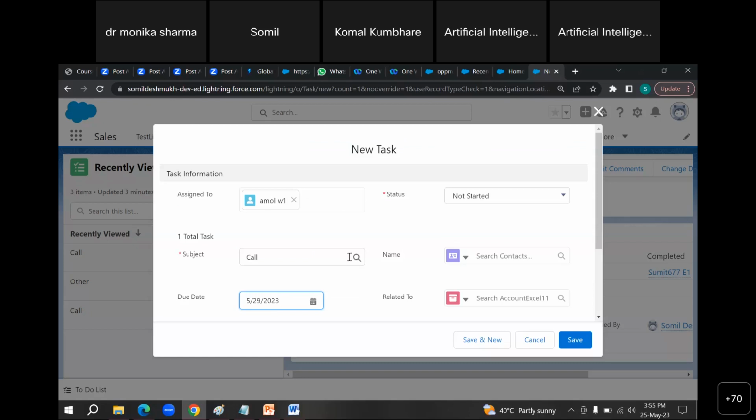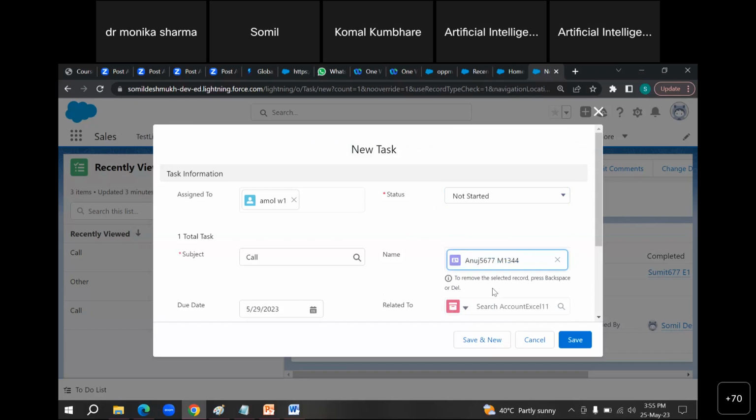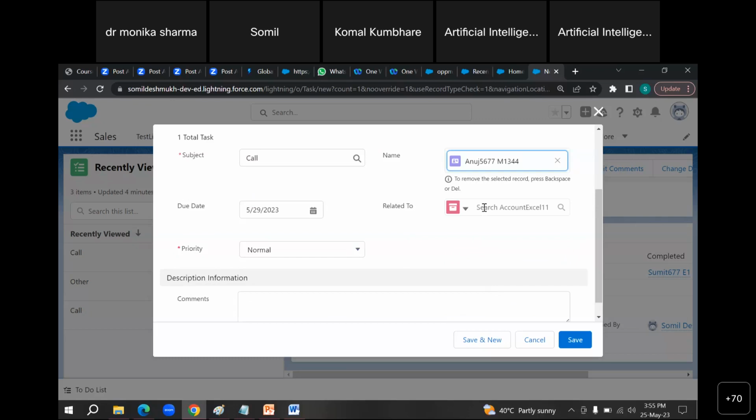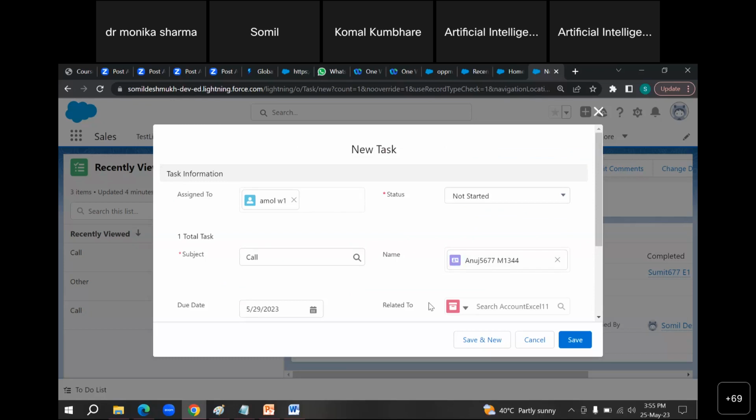Okay. So due date, status, not started, name. So किसको call करना है? So you have to tell that person that okay, this customer has to be called. So you can connect or you can get the name of that contact. So already वो contact रहेगा आपकी इसमें. So you can add a name of that contact here. Also you can relate that with a company. If that person is related with any company, B2B में है, so you can relate that thing also. So that can also be done.